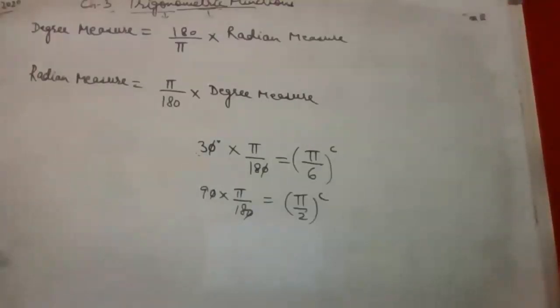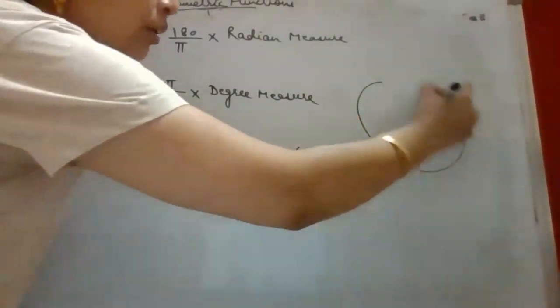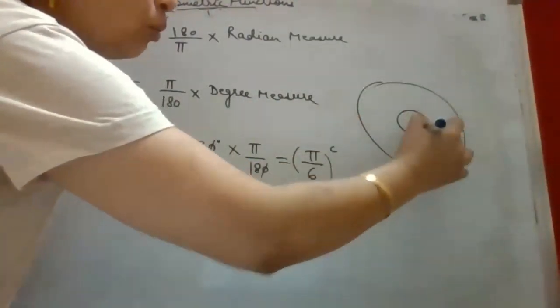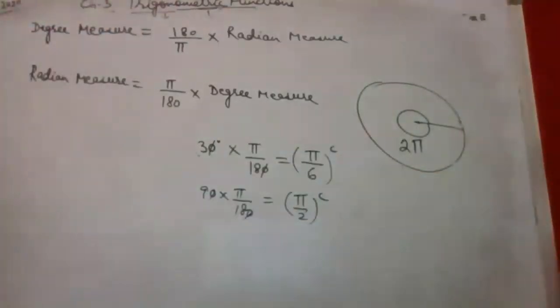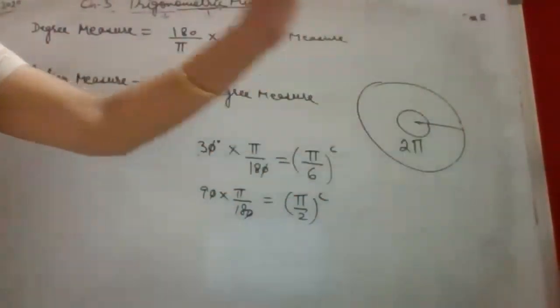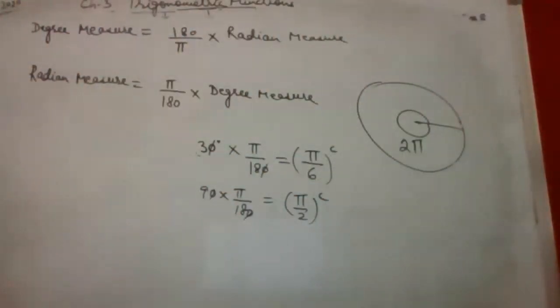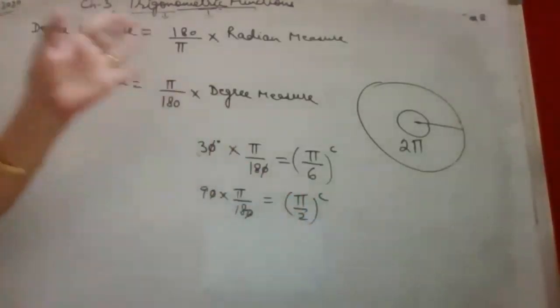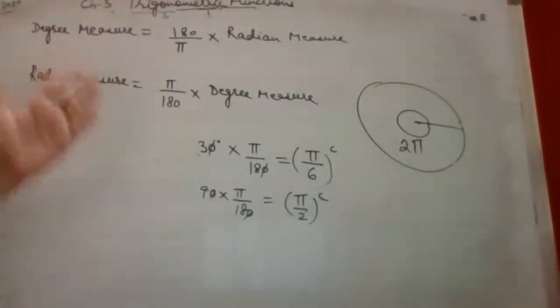Now, one more thing that you have to remember here is radians. When we were measuring our angle, radians was coming. I told you a complete angle is 2 pi radian. That means in case of radians, if the angle is there in terms of pi, you will leave it in terms of pi only. Answer will come in terms of pi. You don't have to put the value of pi here as 22 by 7. In case of radians, answer will be there in terms of pi only. Leave it as it is.